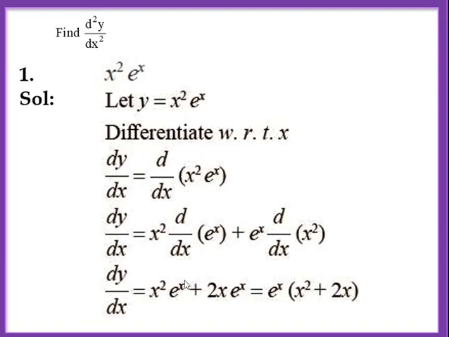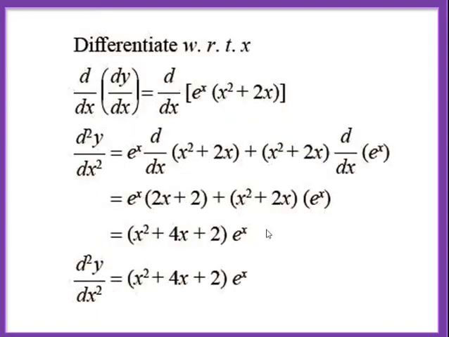Now what will be the derivative? Before going to the next slide, let us try derivative of this. So derivative of product, first function e raised to x into derivative of x square plus 2x, which is 2x plus 2, plus second function x square plus 2x into derivative of first, which is e raised to x. See. Now the next part is simple. Take e raised to x common to get final answer as y2, that is d2y by dx square equal to x square plus 4x plus 2 into e raised to x.